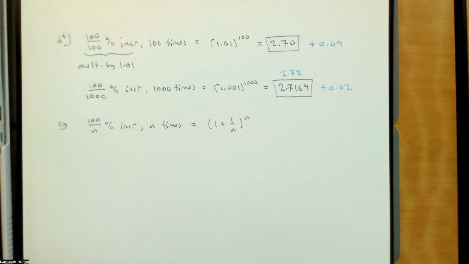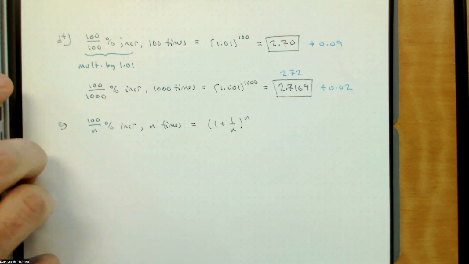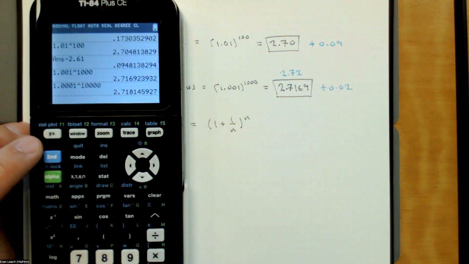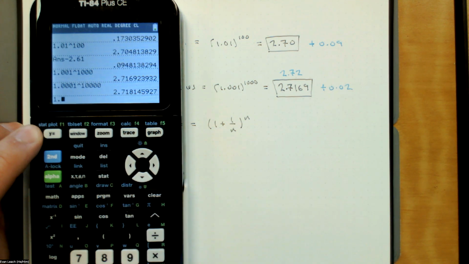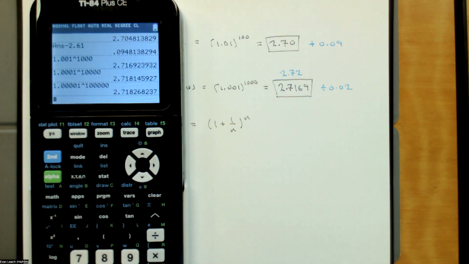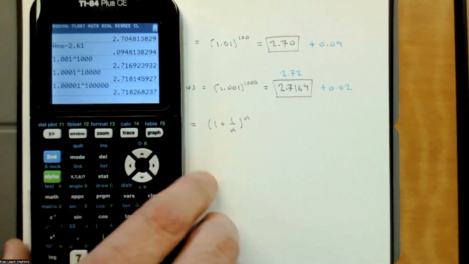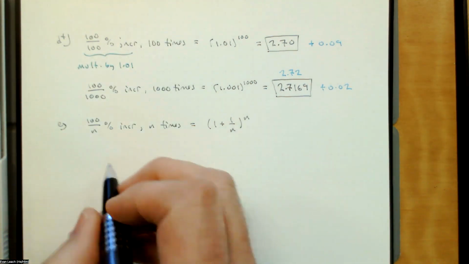And so this is the expression that we're examining. So as you can see, I've increased by another factor of 10, and we haven't really changed that much. Before we had 2.7169, and I had to go that far because the next one was 2.71826 or 827. So at 10,000 times,